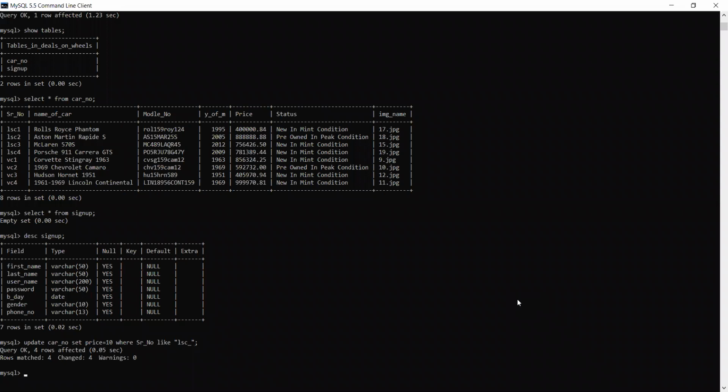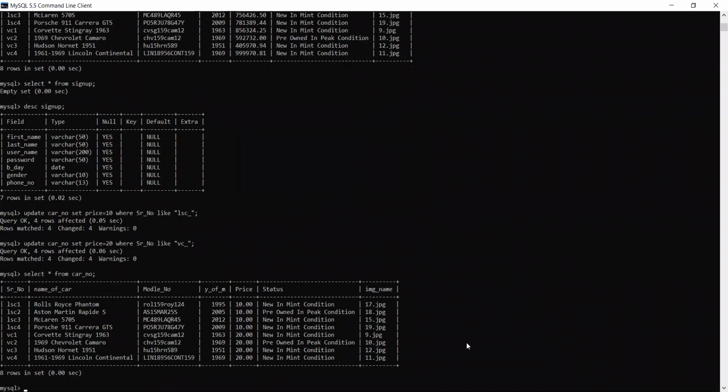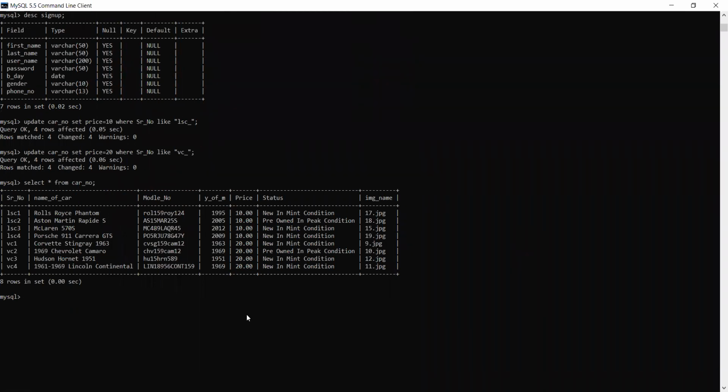So it will change first 4, and then 20 I'm using over here for last 3. Last 3 means VC underscore. Okay, so now we have changed this. Select asterisk from car number. Because you will feel it easy for calculation part.